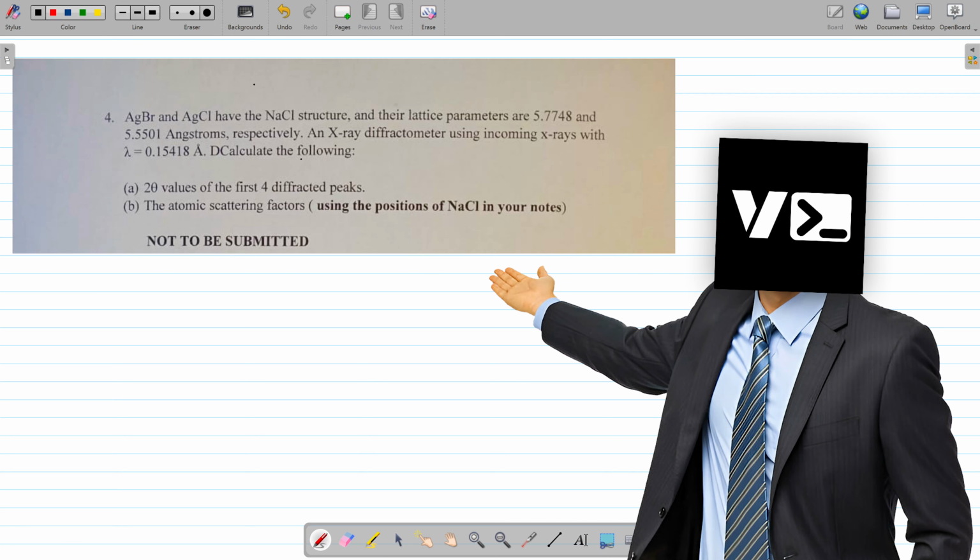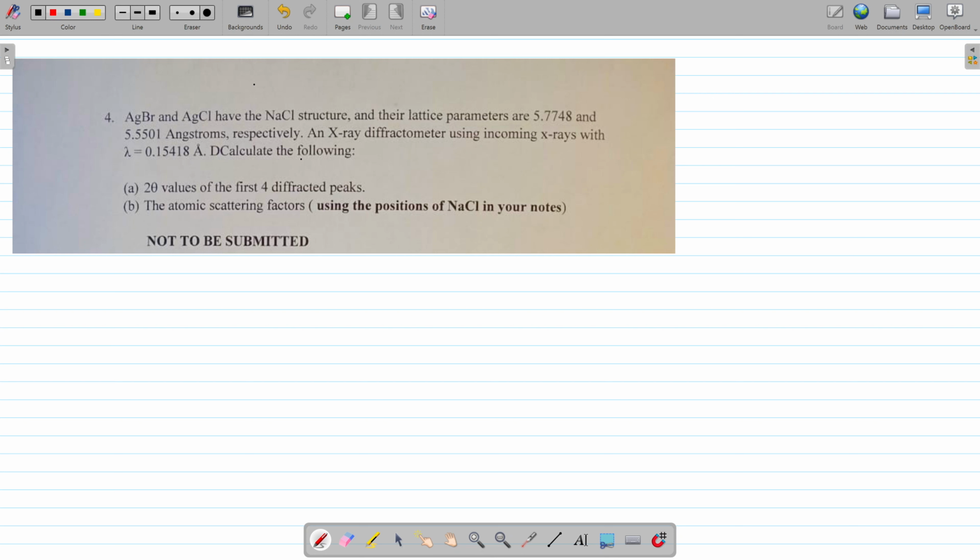Okay, next we are answering question 4 of assignment 1 here. I'm going to be breaking this down into 2 videos because it's a long question. In this video, I'm going to answer A, and in the second video, I'm going to answer B. For A here, we are given this compound and this one, and we're told that they have this structure